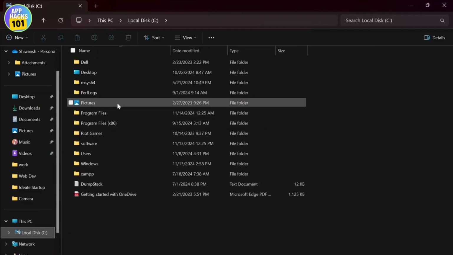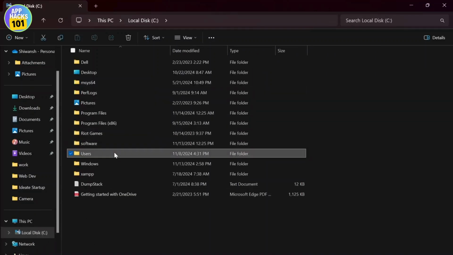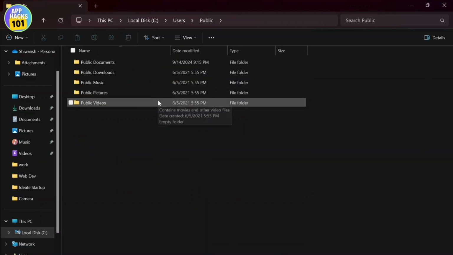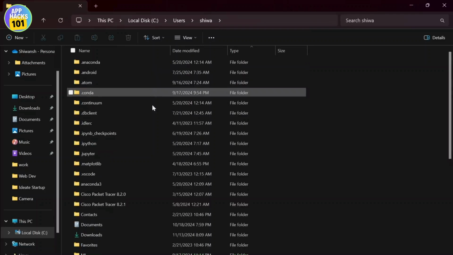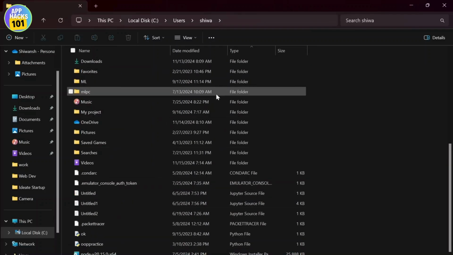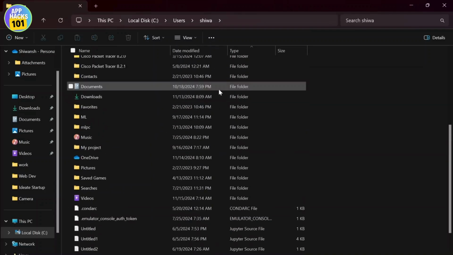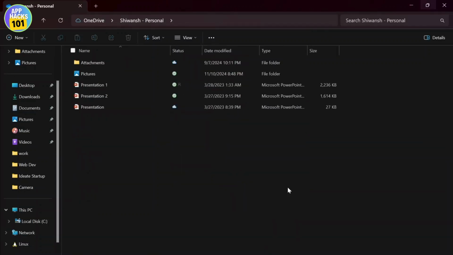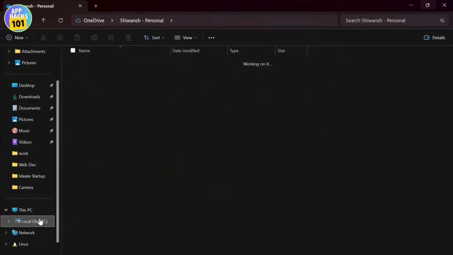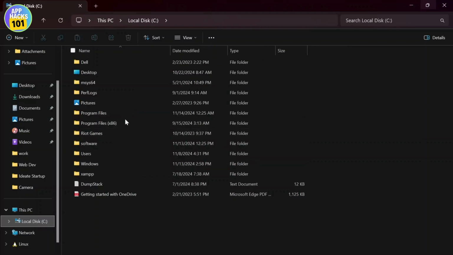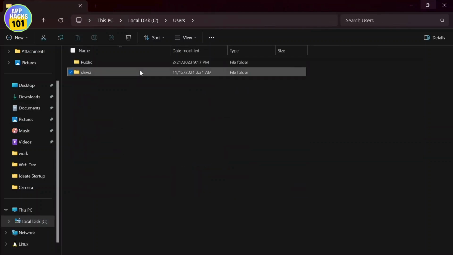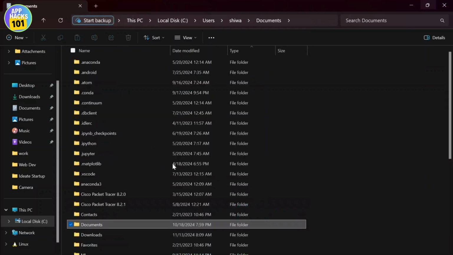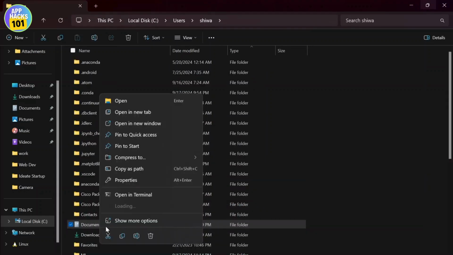that is on the local disk, you can go here, go to users, and go to any one of your folders, and you will see that you have everything here, like your documents, downloads, and so much more. So if you want to change your location back, just go to your users, open up a user, go to documents, and after you're on your documents, just right click on here,